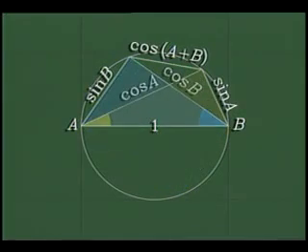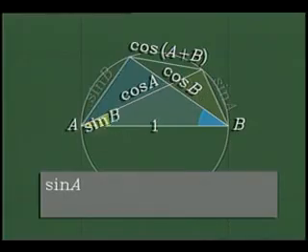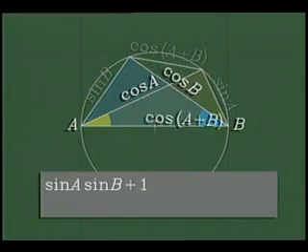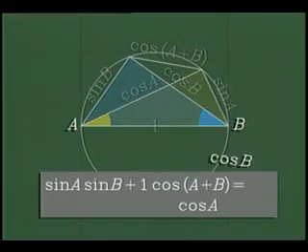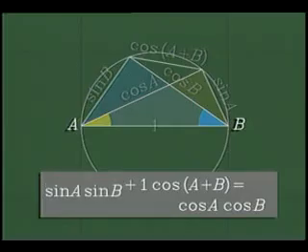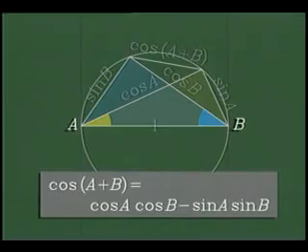Again, we have a quadrilateral inscribed in a circle, so we can apply Ptolemy's theorem. The product of the lengths of these two opposite sides plus the product of the lengths of these two opposite sides equals the product of the lengths of the two diagonals. When it's written this way, the result is the addition formula for cosines. It says the cosine of A plus B equals cosine A times cosine B minus sine A